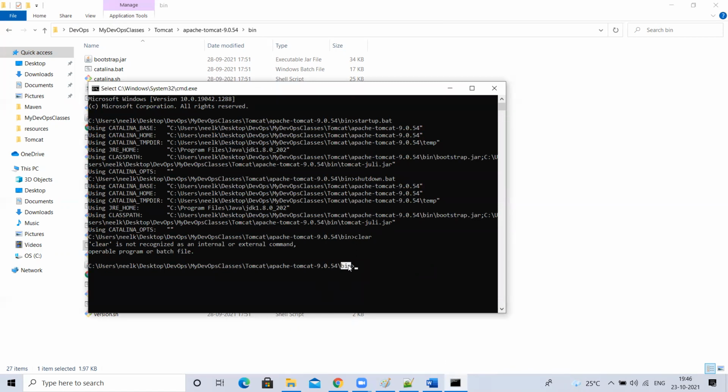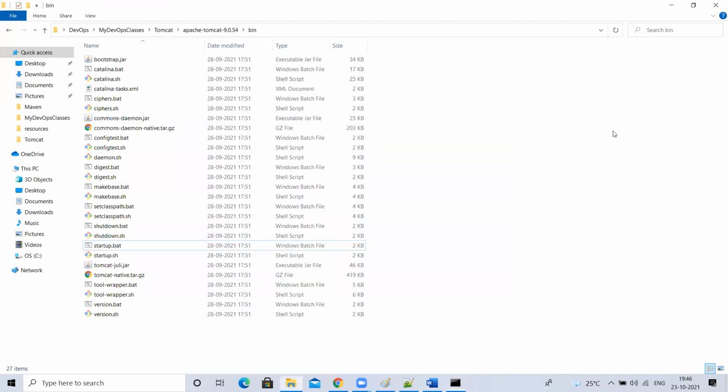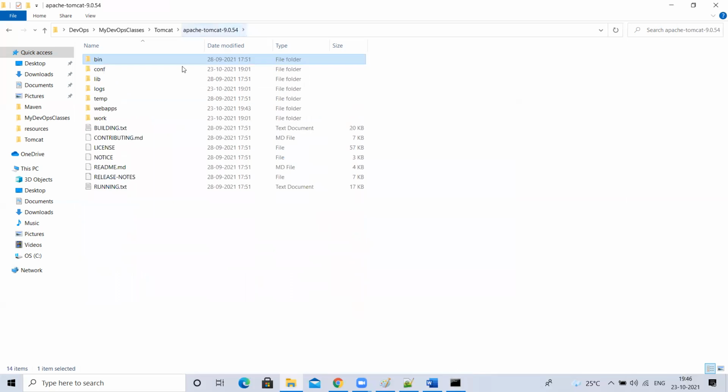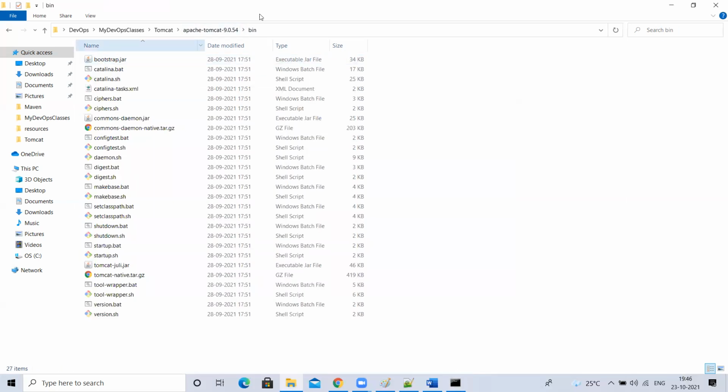Now you may get one question: sir, why can't I set the path? If I want to start Tomcat every time, I have to go to the bin location and execute startup.bat or shutdown.bat, sh or bat, whatever it is. Why can't I set the path and all?